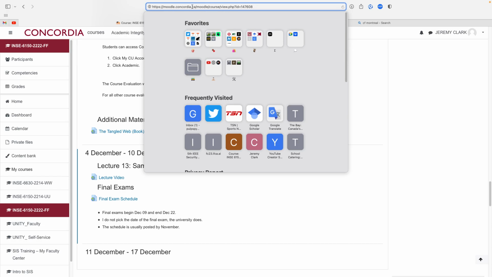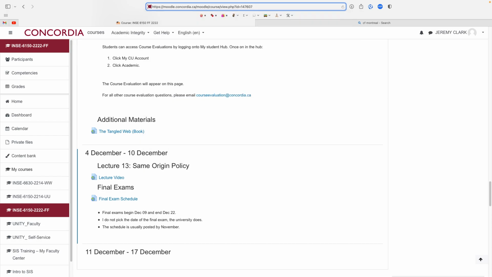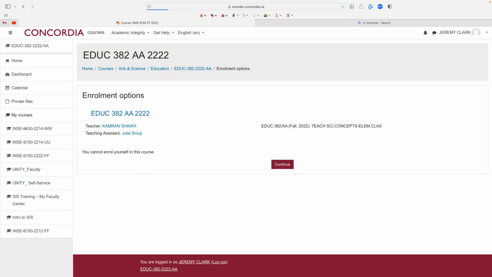And you can see Moodle works the same way. There's a course ID. So I'm on this course website, and there's some ID here. It doesn't remember that I logged in, went to the main screen, and then clicked on 6150FF or whatever. It doesn't remember that full history. It just created this URL, and this is the identifier for this. If I want to go to another course in Concordia, I can overwrite it. Probably won't work because I probably don't have permission.